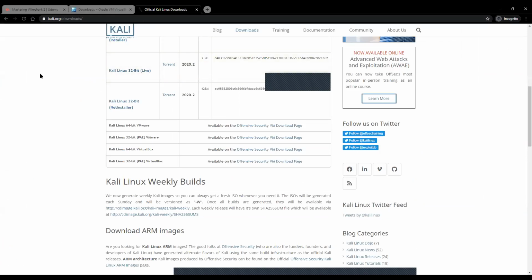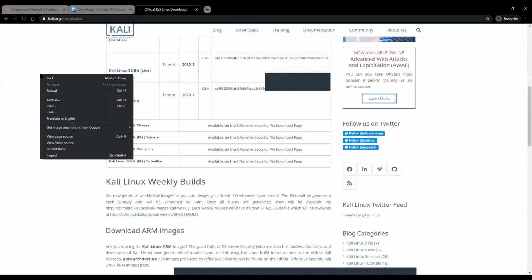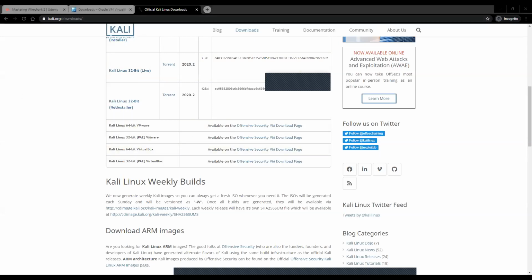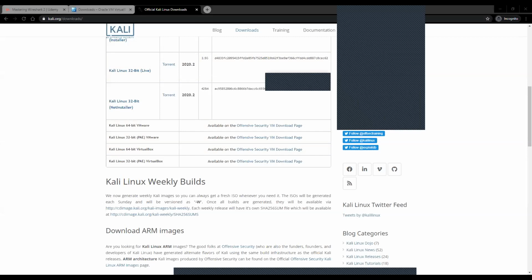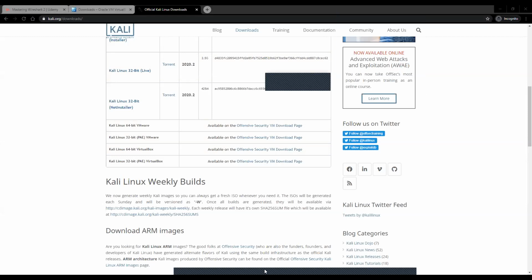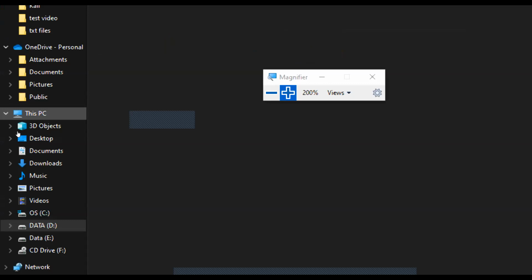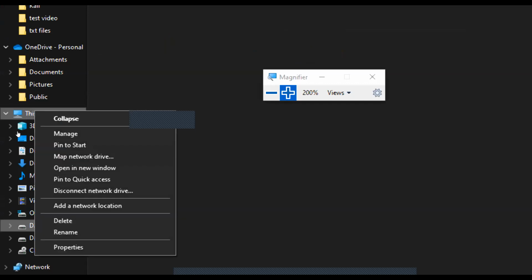What you need to do is go with system properties. Simply go to a particular window, right click on This PC and go with properties.